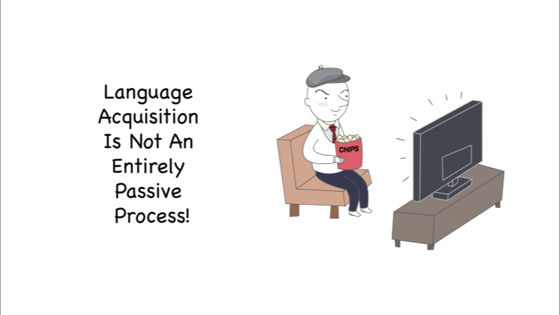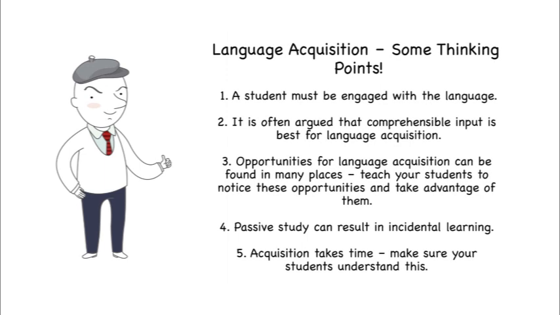Well, the idea that acquisition is just, hey, watch lots of TV and you will learn a language, this is not exactly true. No, there are many rules that govern the acquisition of a language. The main one being that the input must be comprehensible, and for improvement to take place, the input must be just slightly beyond the student's current ability. Acquisition also comes via using the language to participate in acts of communication.